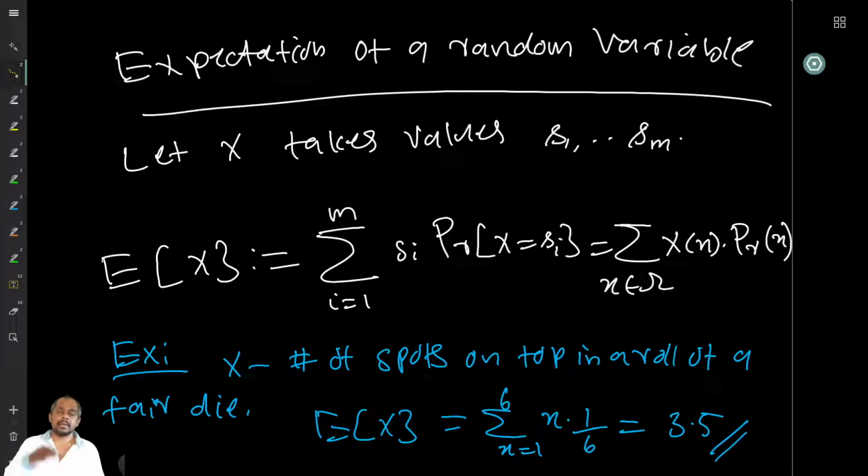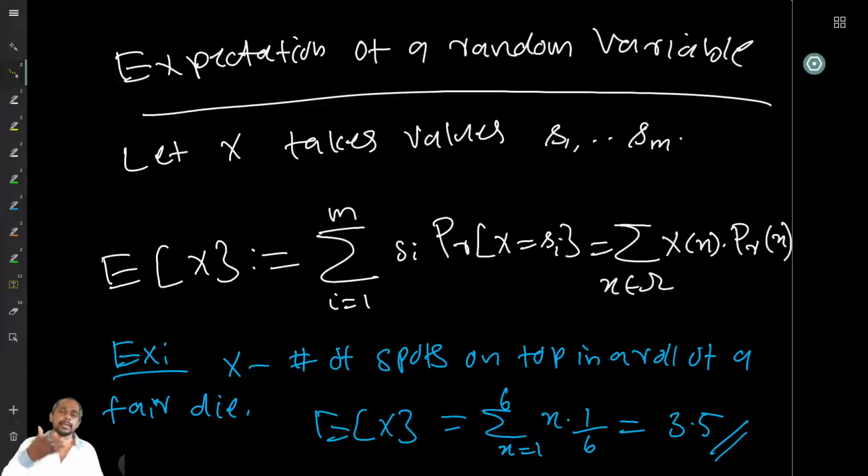So turning out the outcome is 4 means that I get 4 points. If it is 1, I get 1 point. If it is 6, I get 6 points. So every time I do this, and in a game I am probably going to do it many times, I can ask, what is the expected gain I get in each play? In each play, how much can I expect to get? In one move I might get only 1. In the second move I might get 6.